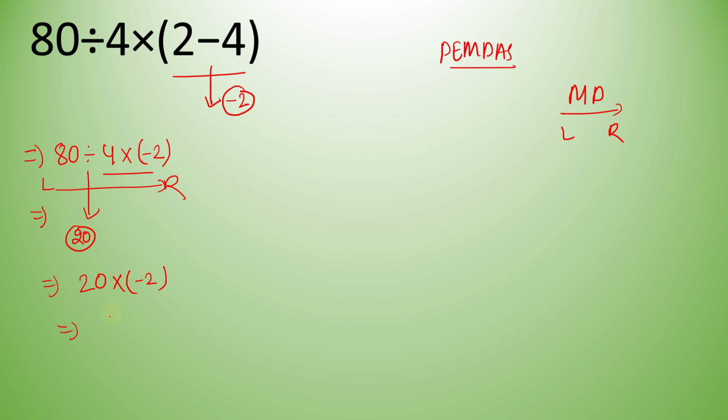Now 20 times minus 2 will result what? Minus 40. So here the right answer is